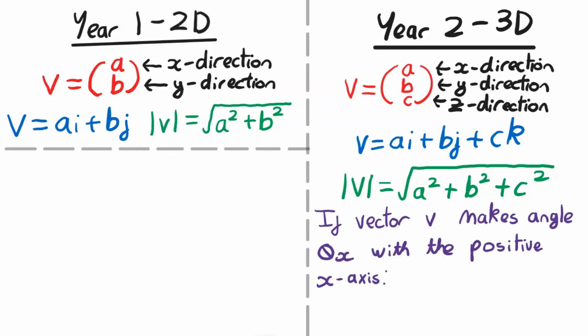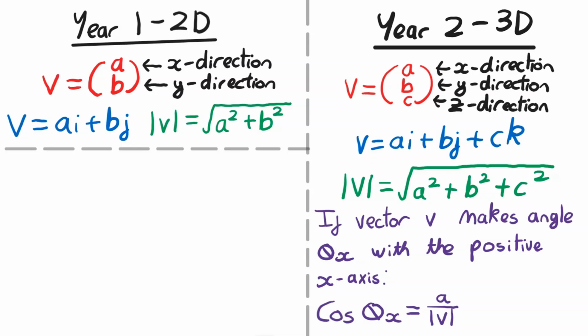So what we're going to say is if vector v makes an angle with the positive x-axis, and we're going to call this angle theta x because we're talking about the angle with the x-axis, then we can use this formula here to find this angle. So it's cos of this angle theta x is equal to a, which is the component of the x direction, over the magnitude of the vector v, and that's really easy,